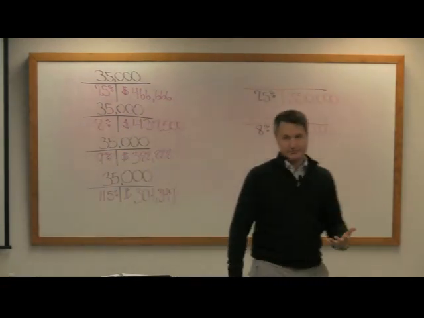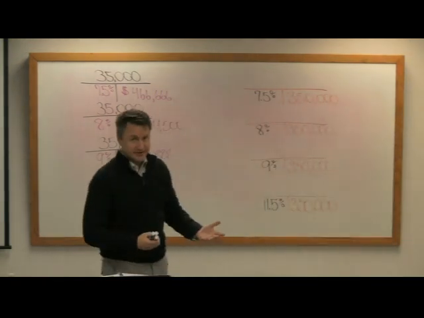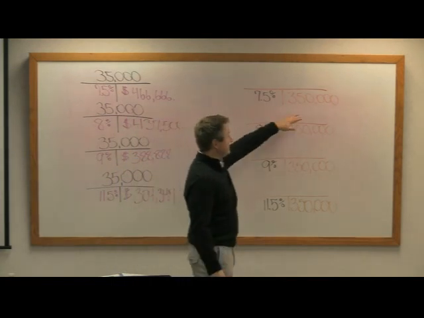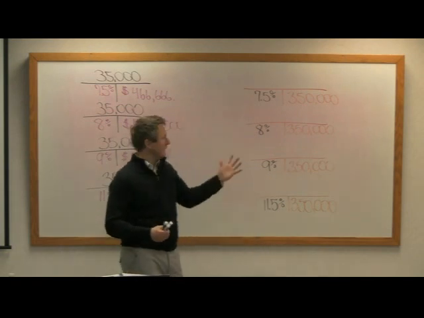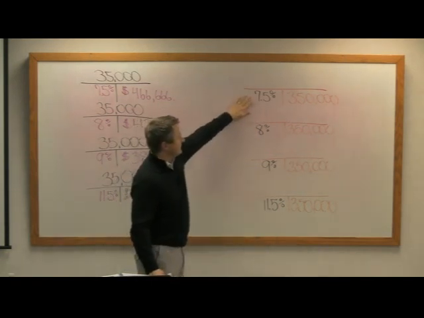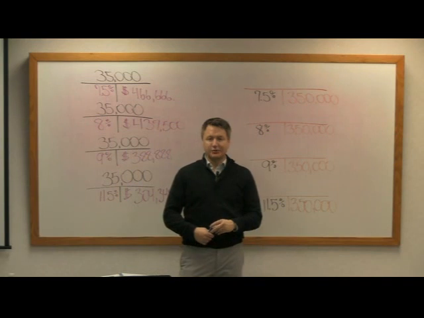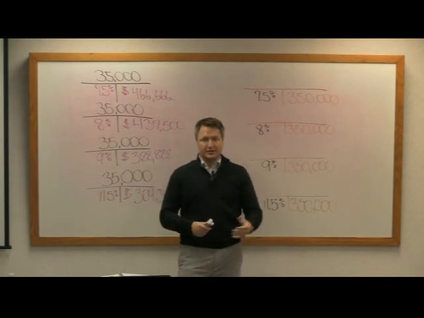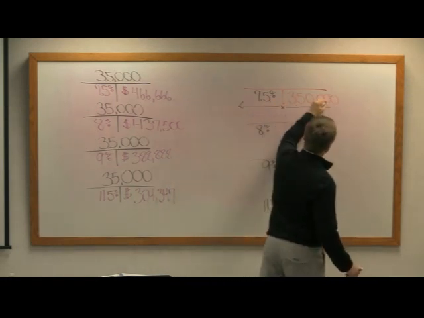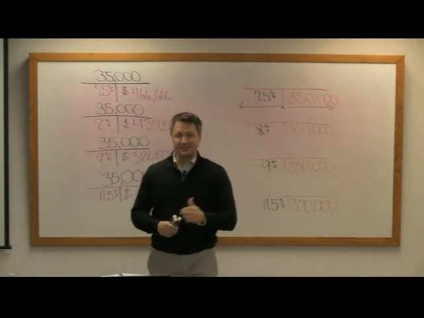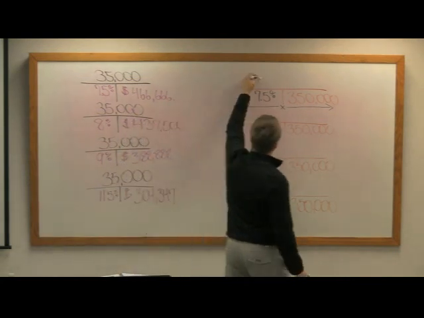So in all actuality, this is going to be a lot closer to the scenario that you'll find yourself in, where they're coming and saying, I can spend up to $350,000, find me some properties. And you find them 4 properties, and these are the cap rates: 7.5%, 8%, 9%, 11.5%, just like our last 4 that we did. So when we go to figure these out, let's figure out the income that would be generated on an annual basis from these properties. The first one at 7.5%, my income is going to be